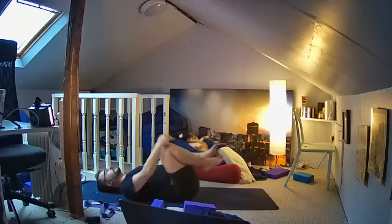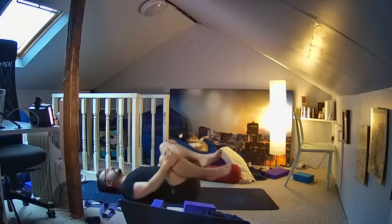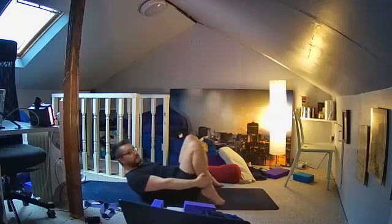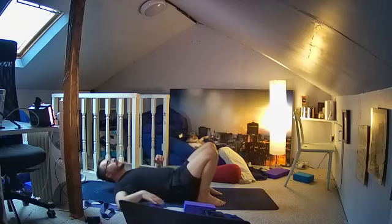And then draw your knees in towards your chest. Just have a little rock from top to bottom, from side to side. Just a gentle massage on the spine. And then get hold of the lower shins and then bring the feet as close into the body as you can. And then we're going to do